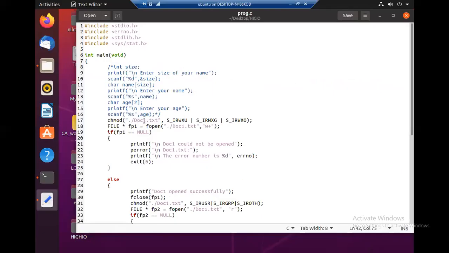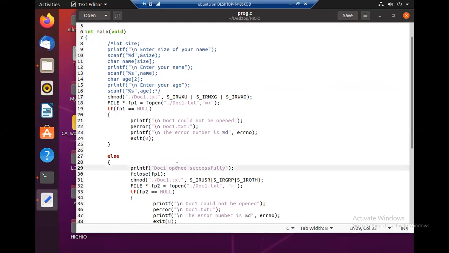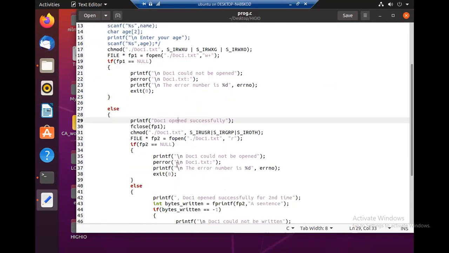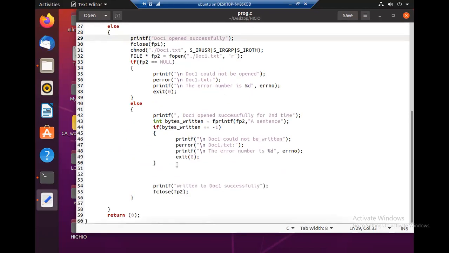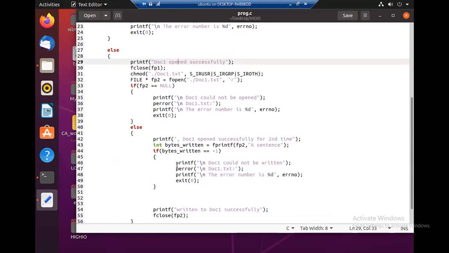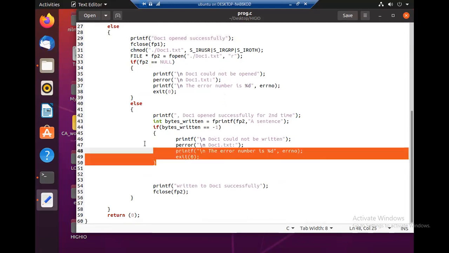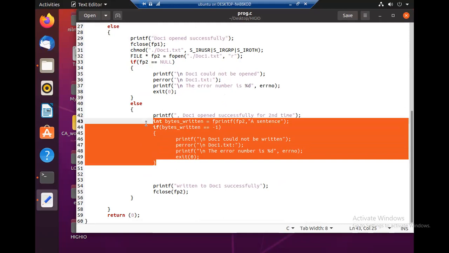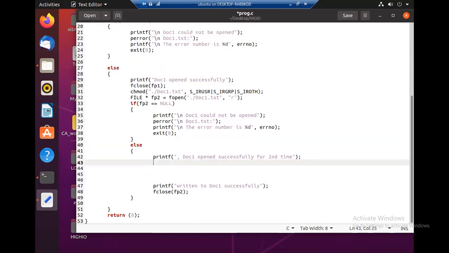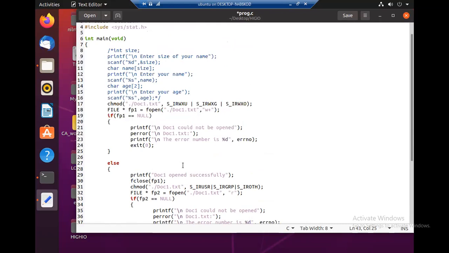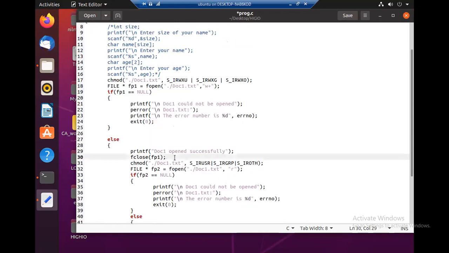So we are asked to open a file with read and write privilege. So we set the read and write privilege and opened it, and without closing, we are asked to write a sentence to it. Okay, we'll write a sentence. We'll just cut paste this one here. We will not close this file descriptor here.